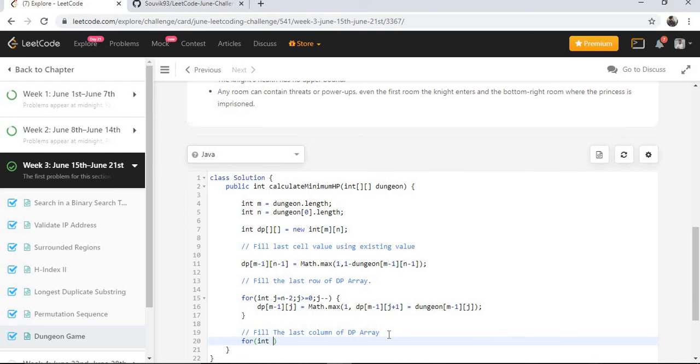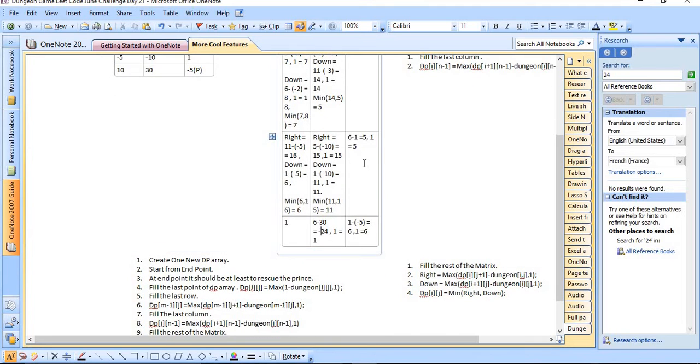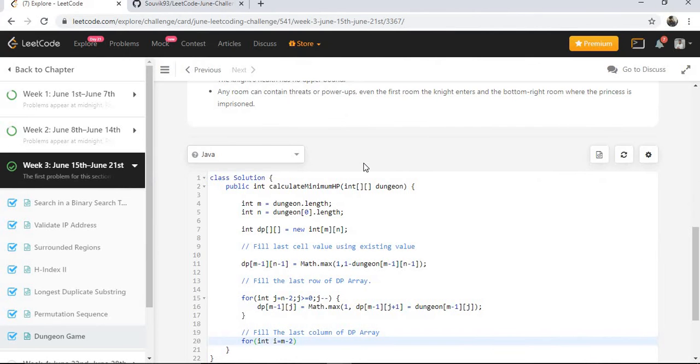Int i equals to, in this case we will start from m minus 2 since we are filling this, right? We are filling this, so it should be m minus 2, i greater than equals to 0. We will decrement the i value and fill in a similar way.